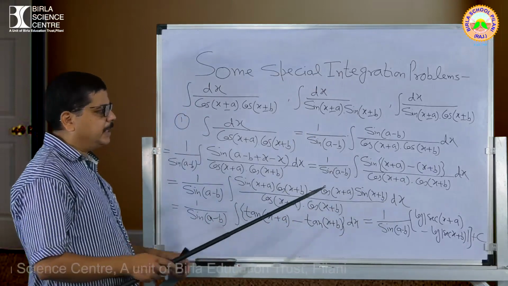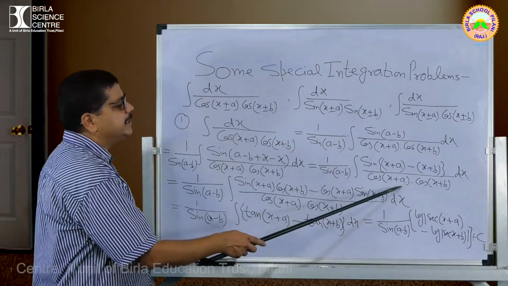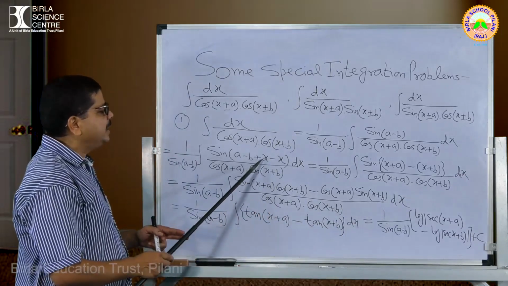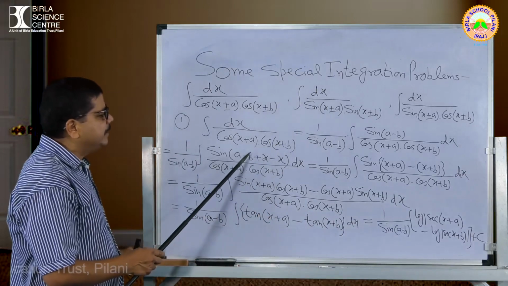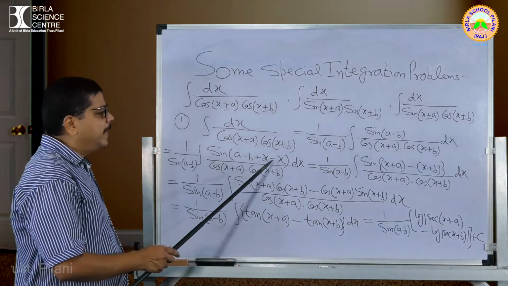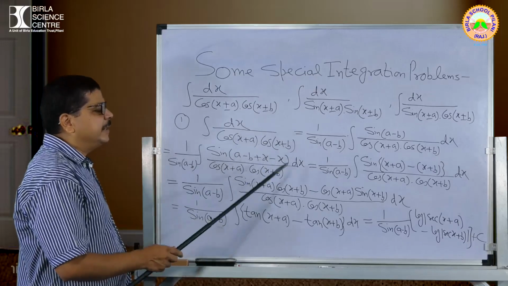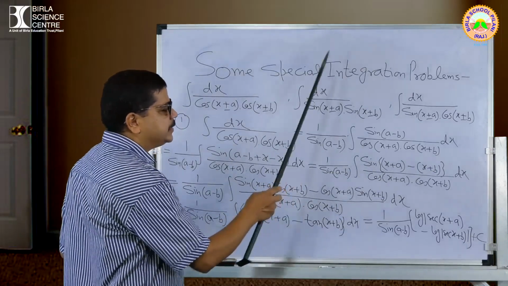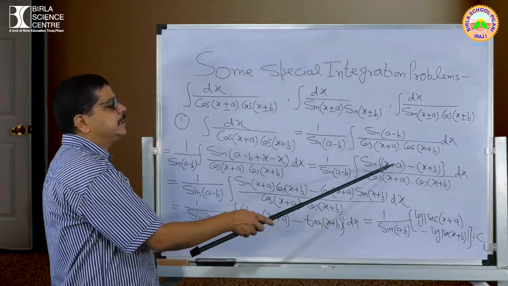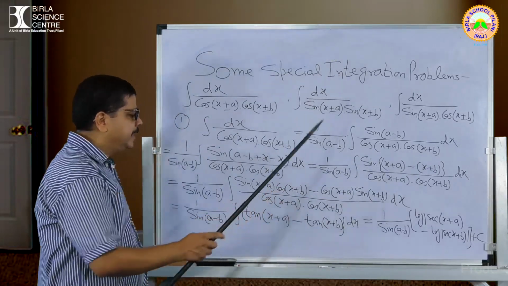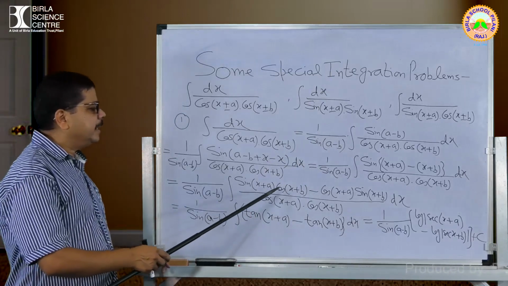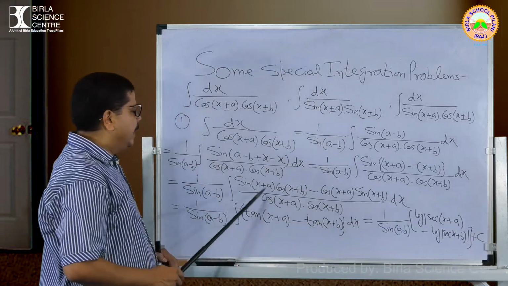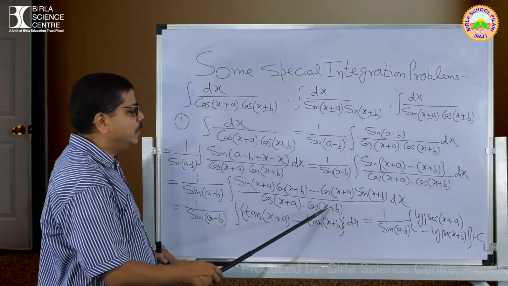If in the denominator it is x minus a, x minus b, then we would have arranged the terms like this: x minus b taking together, minus common, then x minus a. So sin of (x plus a) minus (x plus b), using the identity sin(a minus b) equals sin a cos b minus cos a sin b,